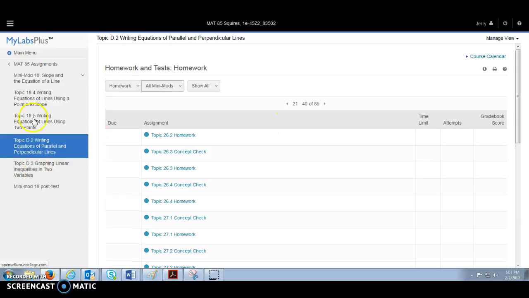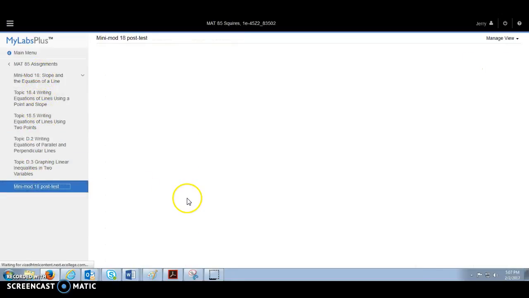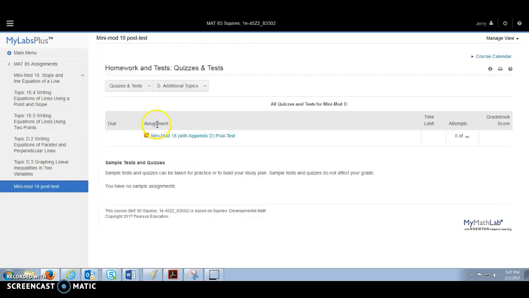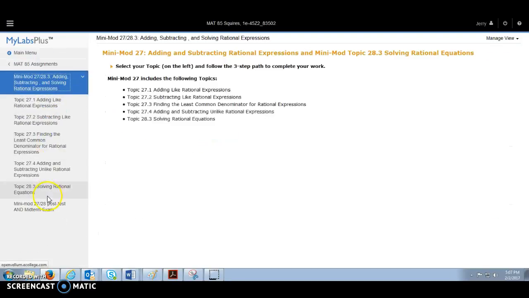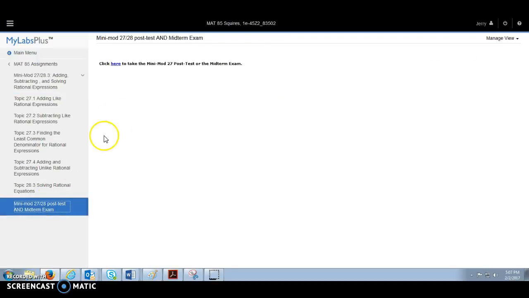After you complete a mini-mod, you'll go to the mini-mod post-test. Click here to take the post-test, and it'll bring up the post-test. After you complete Mini-Mod 27, you'll notice that the post-test says take the 27. Click here to take the Mini-Mod 27 post-test or the midterm.